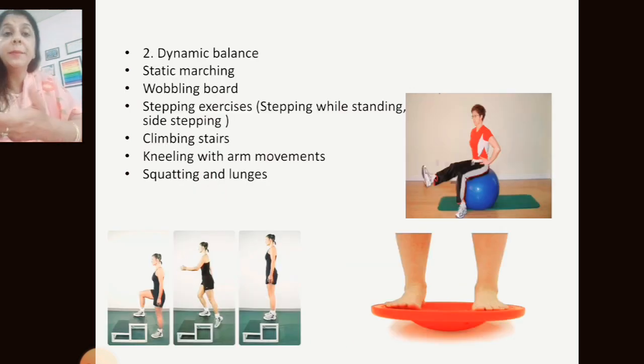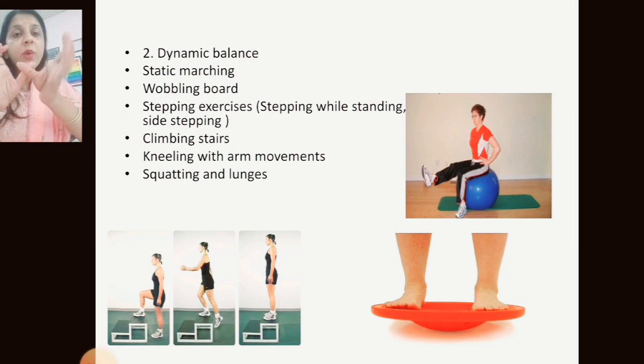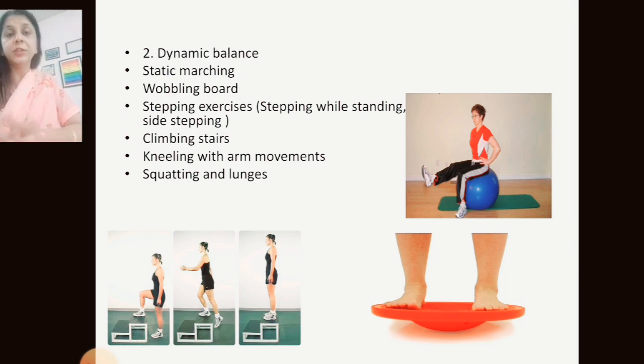Now we come to the dynamic part. Dynamic part means, in the static part, we initially ask the patient to march at one place. In the dynamic part, we march and move forward. We give that training on a wobble board. The supporting surface is tilting and moving, and the patient stands on that and controls the position, initially with open eyes, then with an increased base of support, then with arms at the side, then with closed eyes. So this is how the patient can do the training on the wobble board.